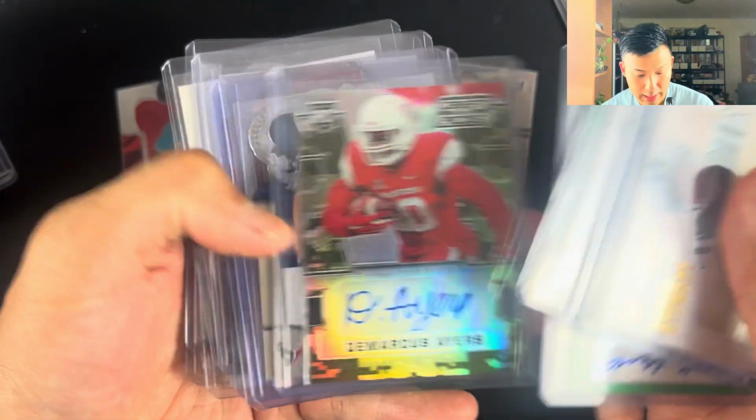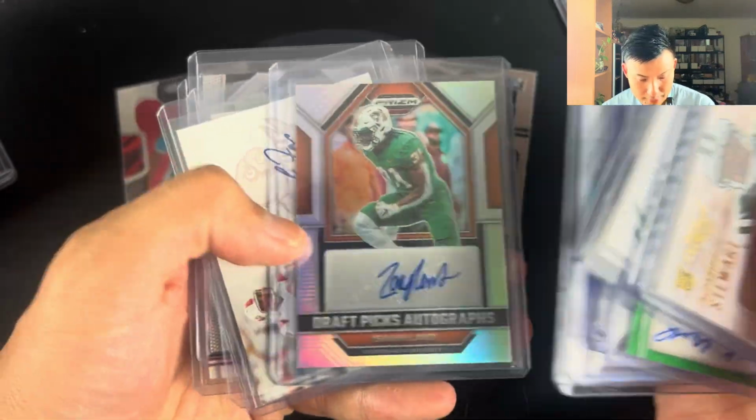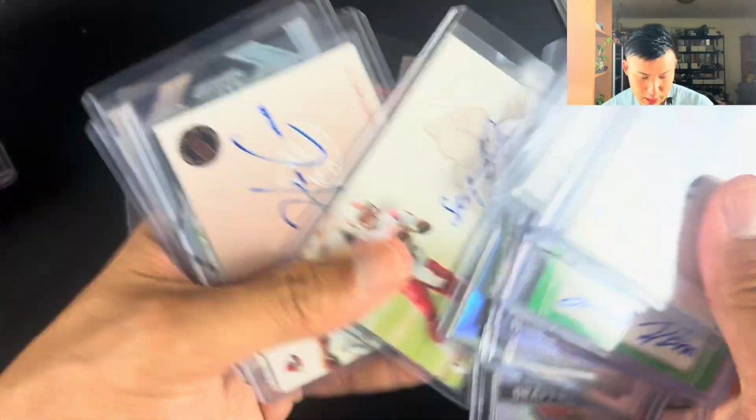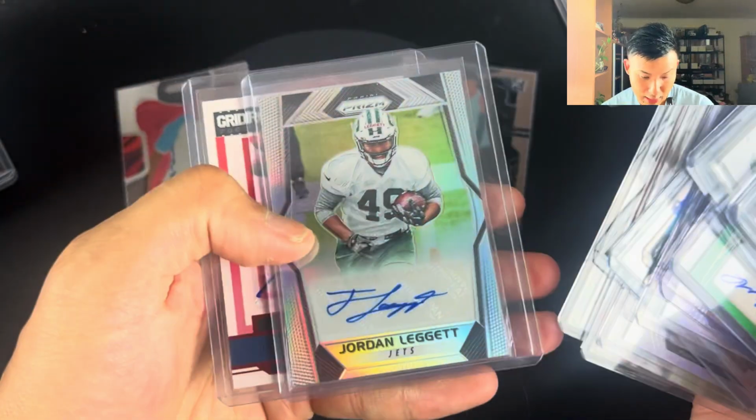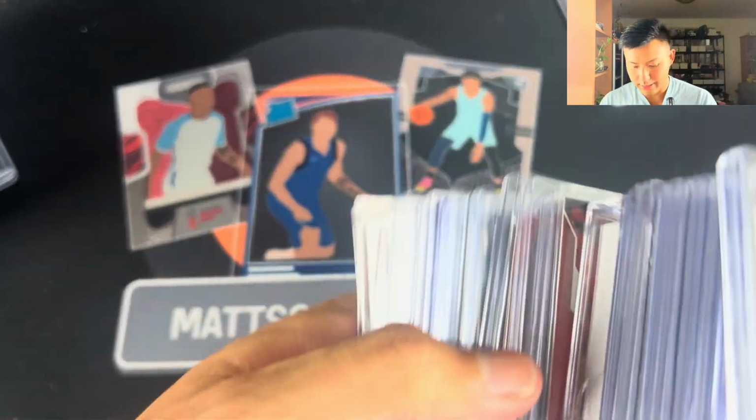Anthony Johnson, some Leaf, recent cards. Isaac Taylor Stewart. Oh, jeez. Oh, my God. Hunter Cantwell, Jordan Leggett, Greg Childs. Oh, my God. There is...